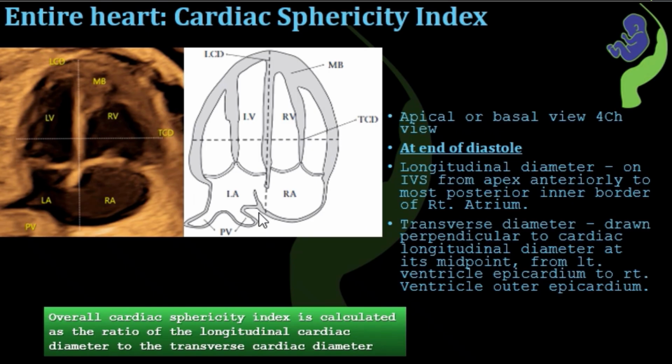The longitudinal diameter has to be taken from the apex of the heart along the interventricular septum to the posterior border of the right atrium. The transverse diameter is drawn at the midpoint of the longitudinal diameter, extending from the epicardium of the left ventricle to the right ventricle. The ratio between the longitudinal diameter and the transverse diameter will give us the cardiac sphericity